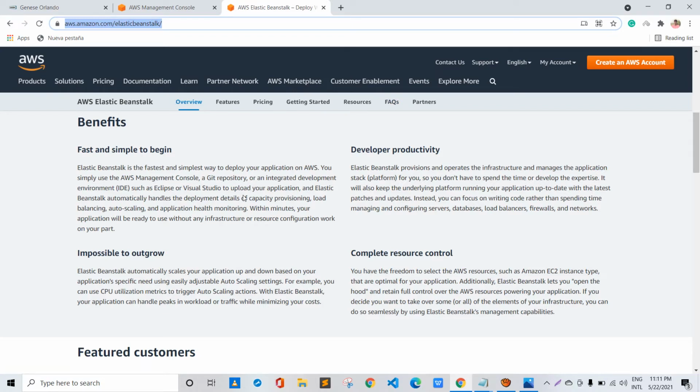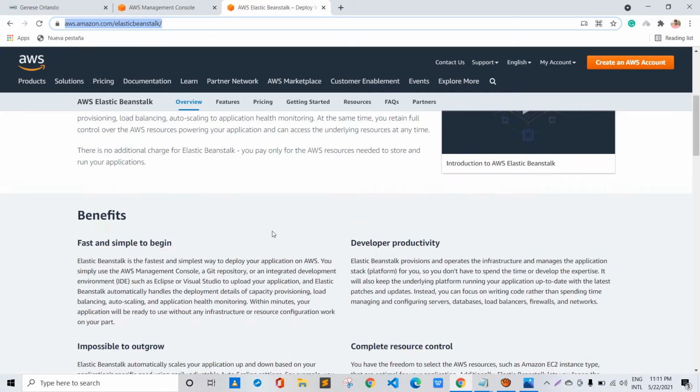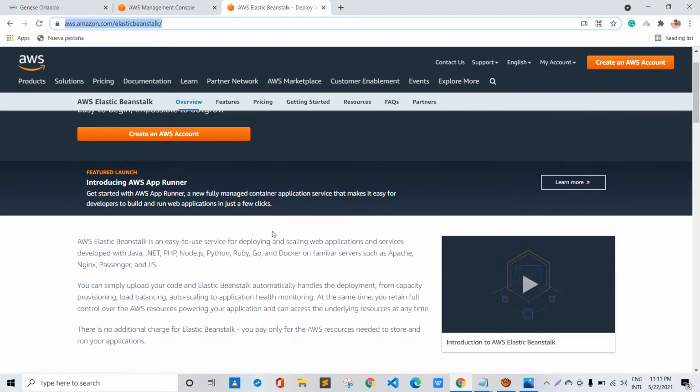Okay, so let's talk about what we are going to create today in this session. In this session we will be using AWS Elastic Beanstalk, and we will deploy a sample Java code using the AWS Beanstalk, and we will be deploying our application in a private instance using the private subnet, and those instances need to be accessed by the load balancer that will be in the public subnet. So simply our